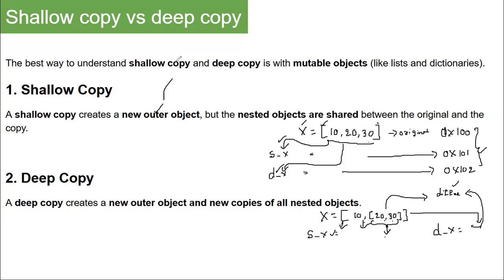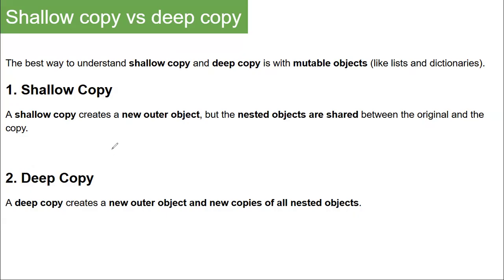And whenever I am using deep copy, the original data's nested object and the deep copy's nested object addresses are different. Now I will take one simple example, then you can understand more. Is it clear? Okay, now what will I do? I will take